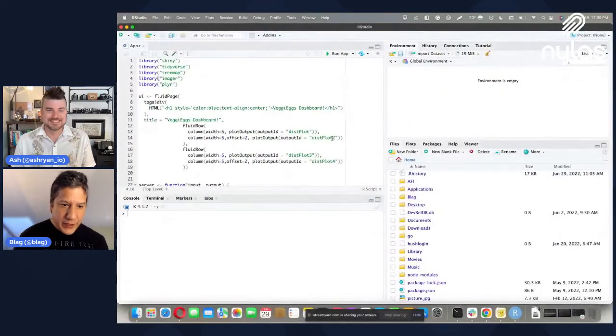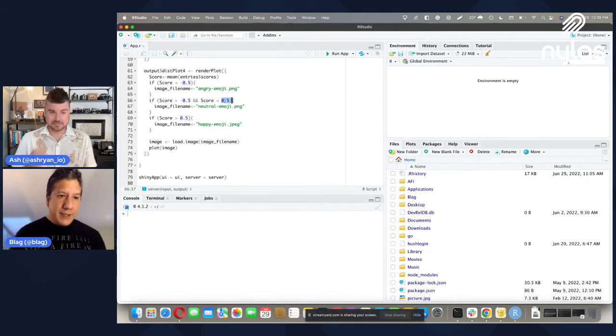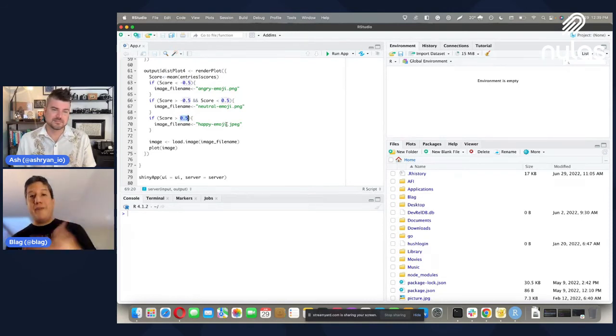If we go to the R side, if the score is lower than -0.5, then it's pretty low, so it's going to be an angry face. If it's between -0.5 and 0.5, it's going to be neutral because it's not good or bad. But if it is greater than 0.5, then it's going to be a happy face. And that's being returned by the sentiment analysis